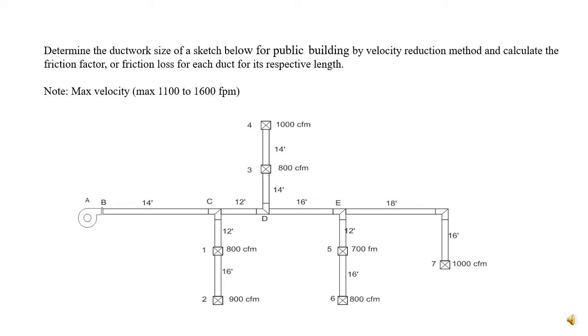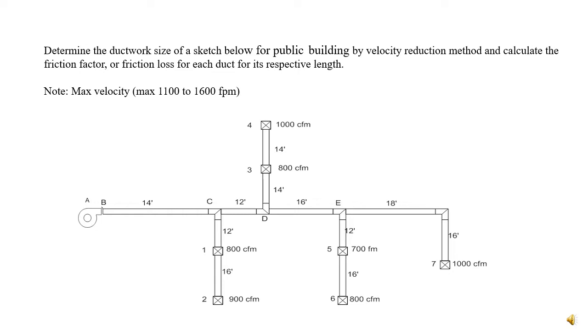For example, you choose 1,100, and then from D to E you further reduce the velocity to 1,000, and E to 7 maybe 800